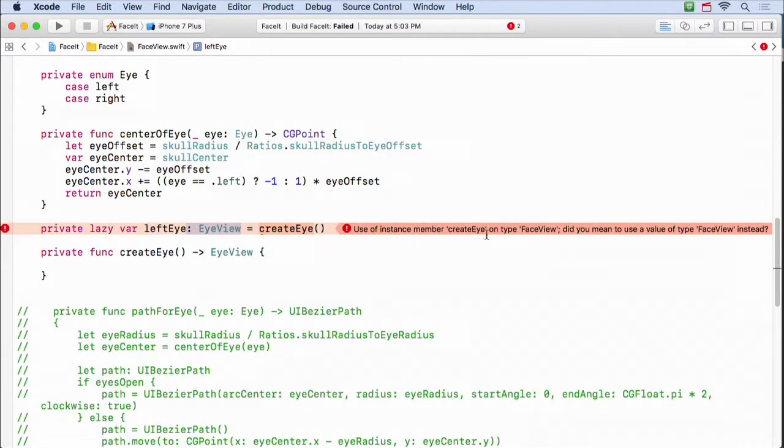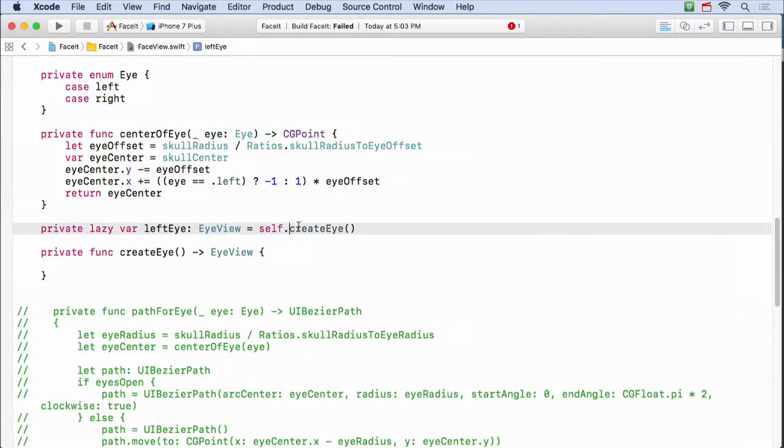It's saying here: use of instance member create eye on type FaceView, did you mean on a value of type FaceView instead? And in fact, exactly, we did. It's trying to find a static function called create eye, right? But we don't want that. We want an instance one, and the way we specify that is with self.